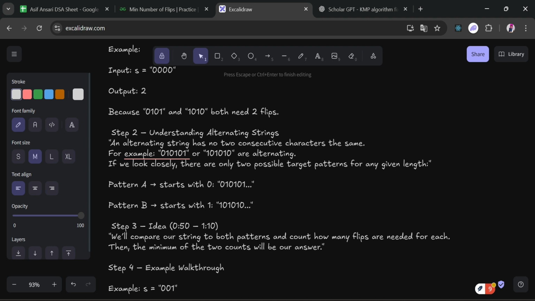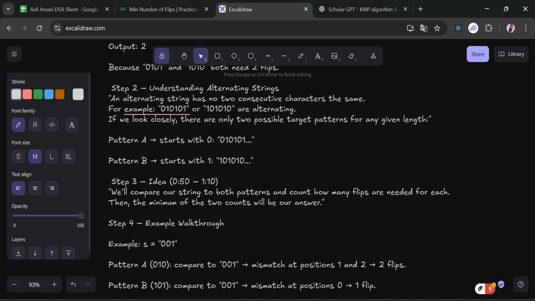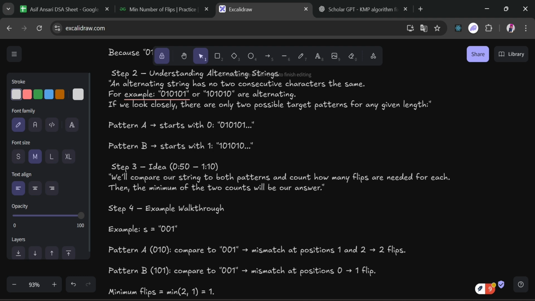For example, 0 1 0 1 0 1 or 1 0 1 0 1 0 are alternating. If we look closely, there are only two possible target patterns for any given length. Pattern A starts with 0, like 0 1 0 1 0 1. Pattern B starts with 1, like 1 0 1 0 1 0.